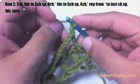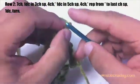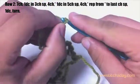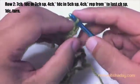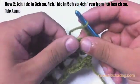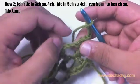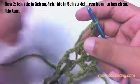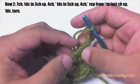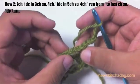Row 2. Begin by chaining 7. Then we're going to begin our repeat by doing 1 double crochet in the second chain space from this double crochet here. So we're going to count 2 chains, and instead of going into the top of the chain here, we're going to flip